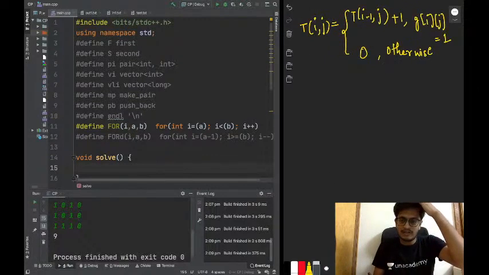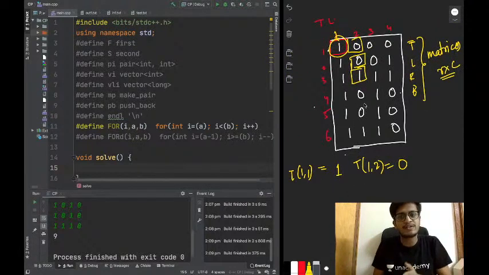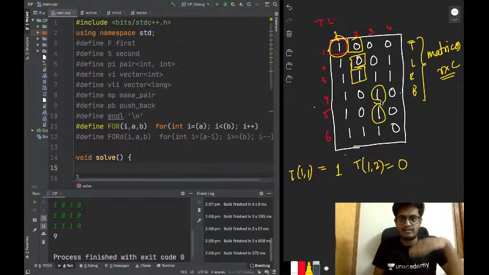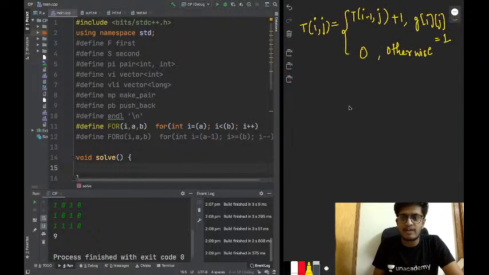So the T value is the number of contiguous ones in the top. It is the number of contiguous ones in the top of this cell plus 1, because this cell itself is 1. So the T value here is 2, because including this cell we have 2 contiguous ones. So the T value here must be 3. I hope this is clear now.